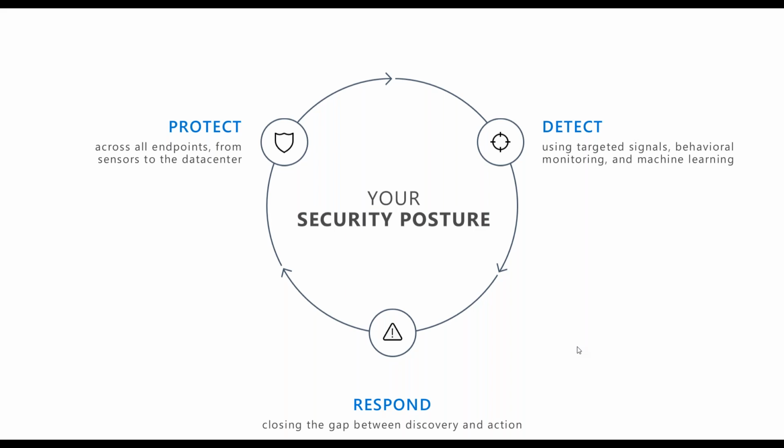What happens in the actual world is the attackers try to find any loophole, and once they do, let's say one VM is compromised, they will use that particular virtual machine and then initiate the attack from that compromised resource to compromise further resources in your environment. So once you detect that something wrong has happened, it is critical that you respond and close the gap right then and there so that the rest of the environment is not compromised. And then you go into the cycle: you learn from the mistakes, you ensure that it does not repeat by protecting the environment further, and then you go into the detection mode again.